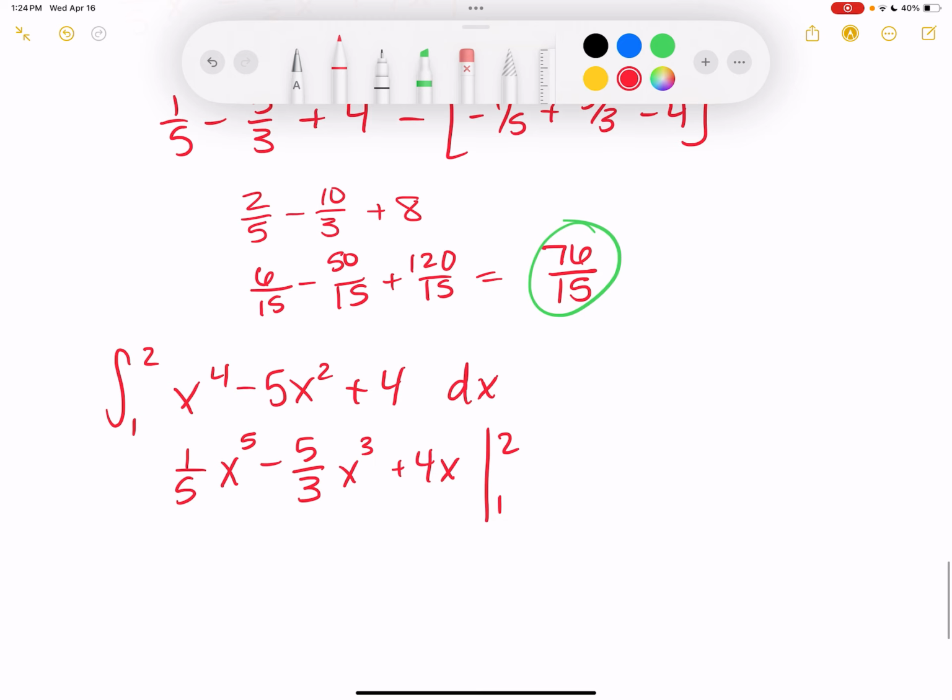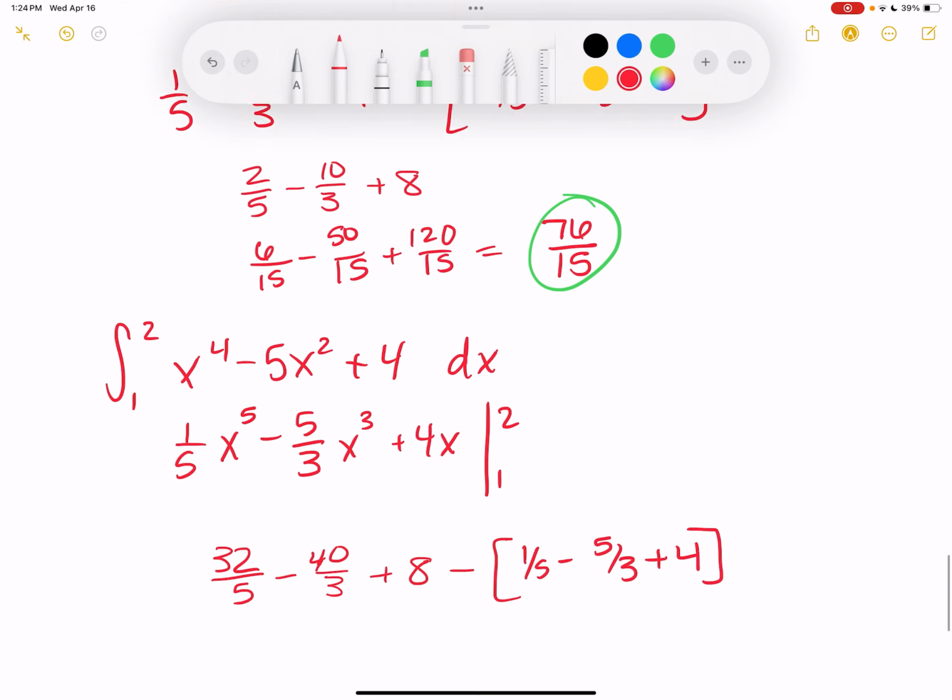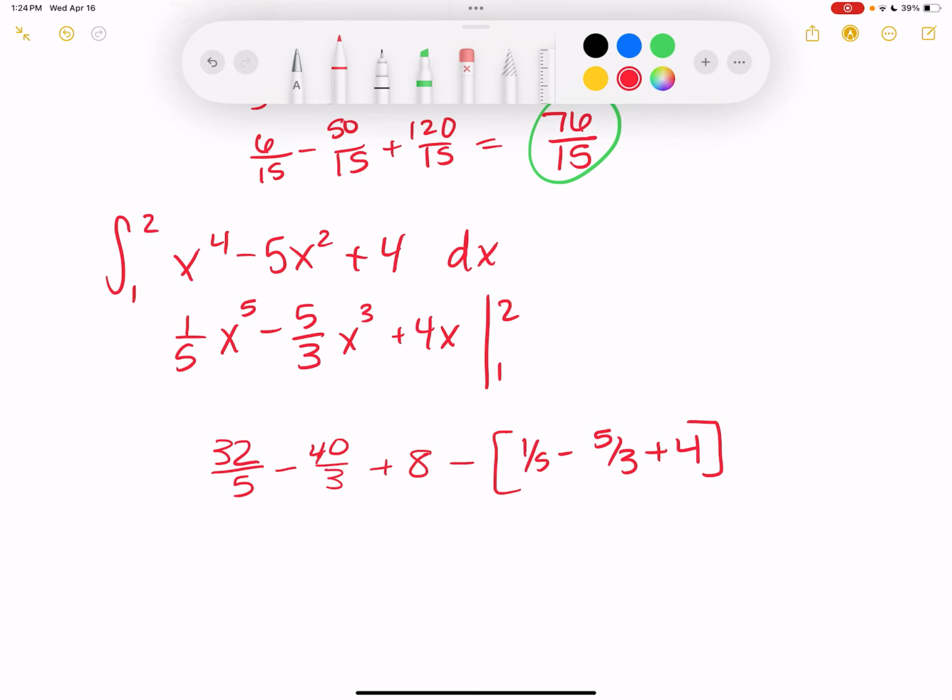So I've got 32 over 5 minus 40 over 3 plus 8 minus 1/5 minus 5/3 plus 4. So I've got 31 over 5